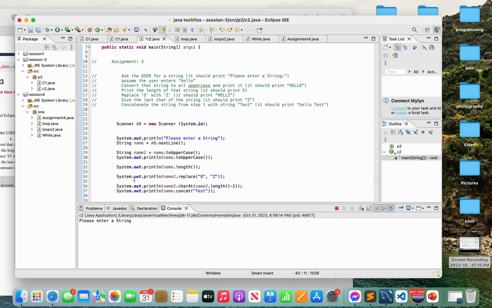For this I use the same method, and inside it I use name2.replace 0 and z. After that, give the last character of the string. It should print z. That's why I use this method, and to find the last character we have to find the length first. For that reason I used name2.charAt within parentheses name2.length. After that I used -1 to get the last